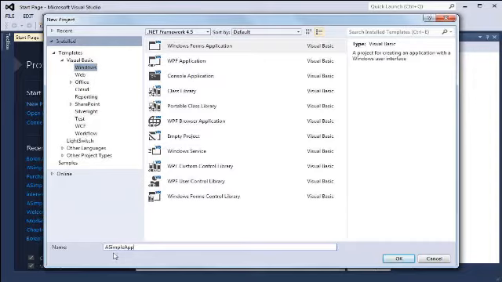This needs to be one word with no embedded blank spaces in the name. It can contain upper and lower cases, as you see that I've chosen, and so my project is going to be called SimpleApp. So after you have done that, we'll click the OK button,